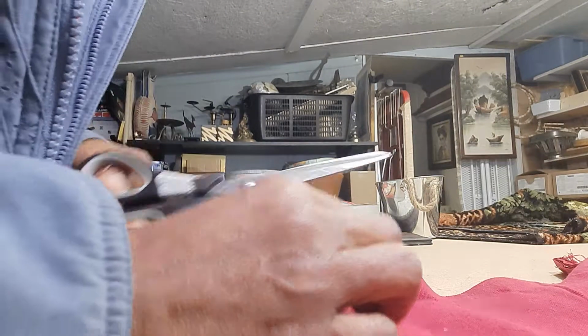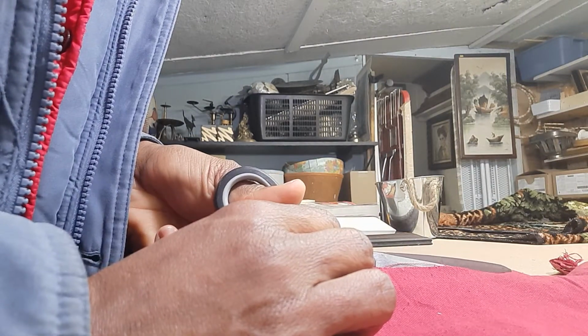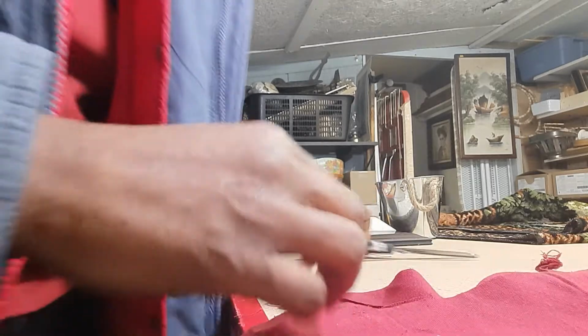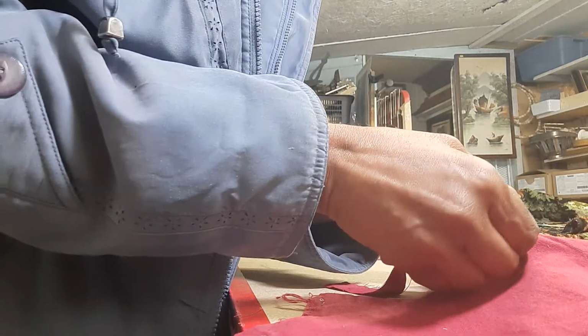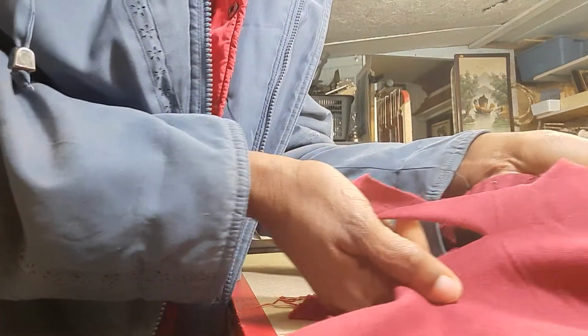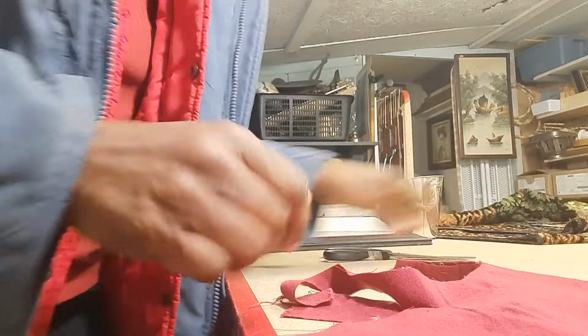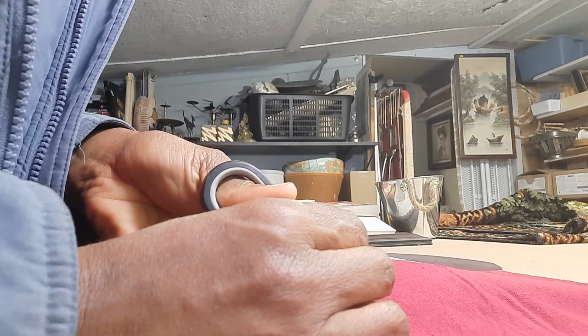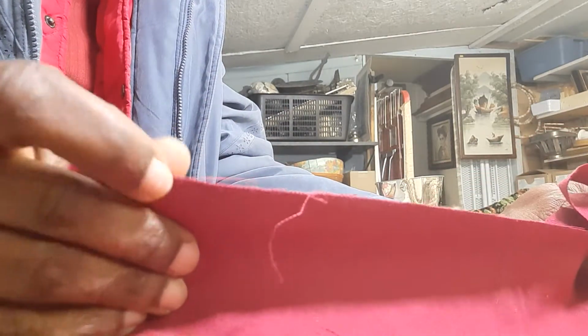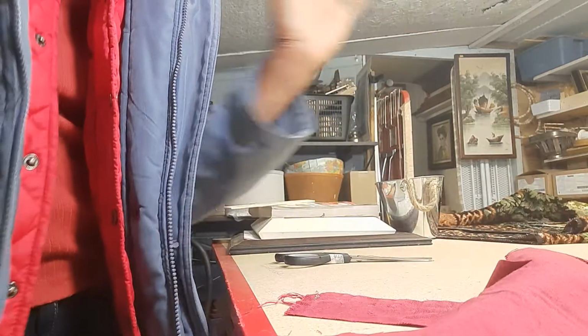So you get your scissors and you keep cutting. You cut as far as you can see. You get your offcut again, not your project side, your offcut, and you pull the next yarn and you take your time. There. This time it broke even sooner, but you have a line there. So I think by now you get the gist. You just keep pulling and cutting until you're finished cutting your straight edge that's going to be great for your